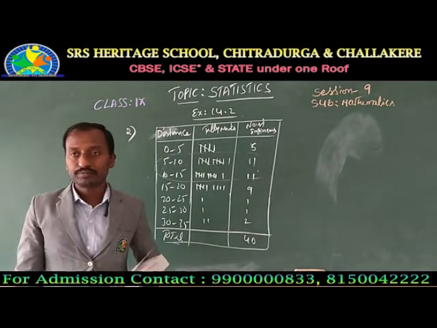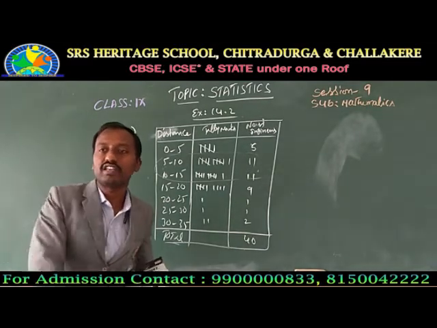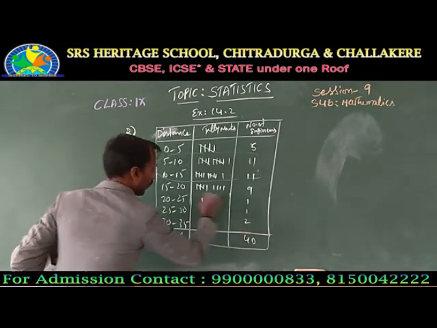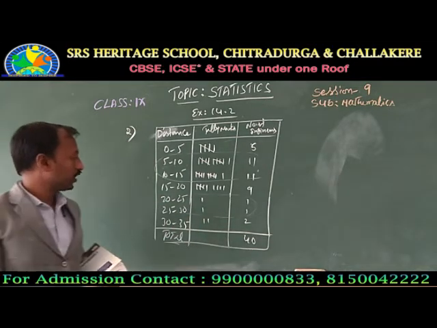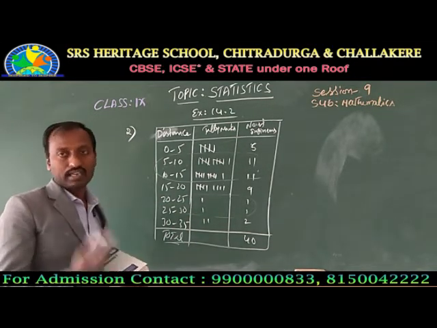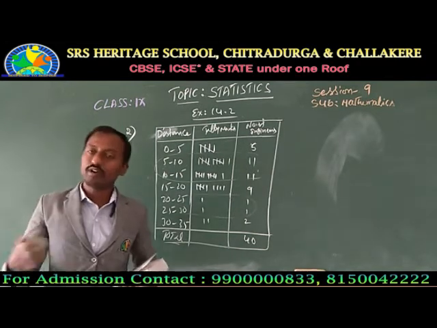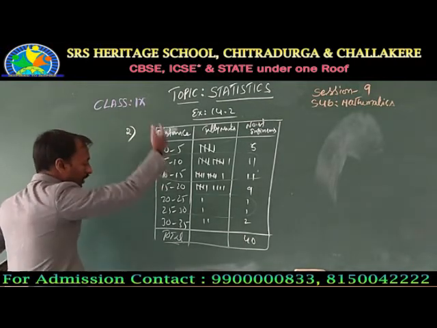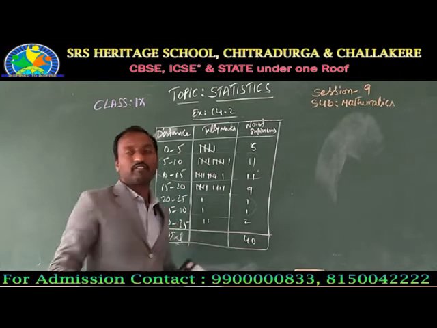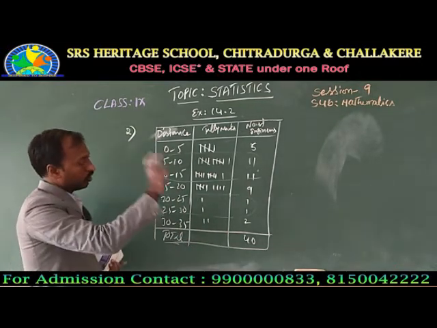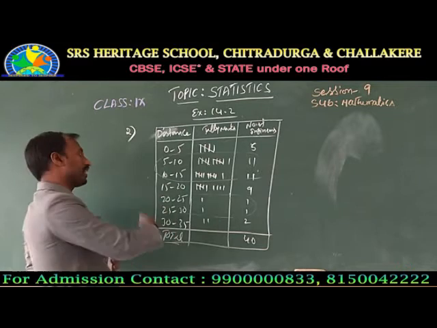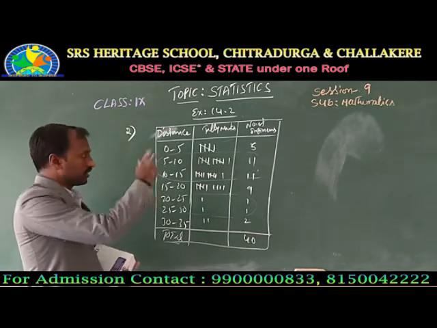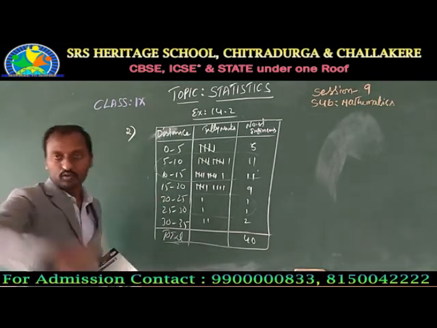That is one point. And one more point. The minimum number of engineers, minimum number means 1, are at distances from 20 to 25 and 25 to 30. That is one point to write. And another point also, each interval has at least 1 engineer. In all the intervals, at least 1 engineer will be. There are no intervals with 0 engineers, we can't find 0 anywhere. So at least 1 engineer will be there in each and every interval. After this tabulation you have to write all those observations.